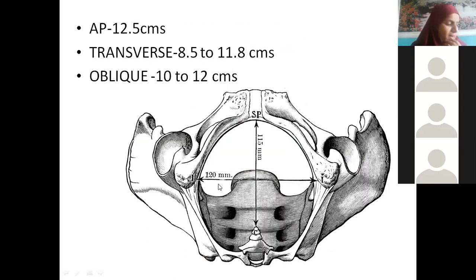So all these dimensions are very, very important. Why are they important? These are normal dimensions. If these dimensions are less, instead of 12.5, suppose the dimension is only 10 centimeters or 8 centimeters, any of these dimensions, if it is less, that means it is a contracted pelvis. These dimensions are very important in females. Contracted pelvis means the antero-posterior diameter, from front to back, then